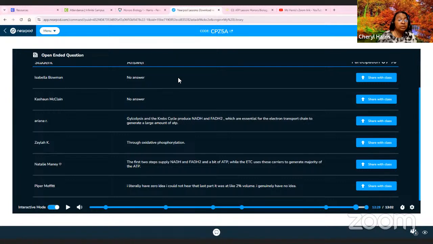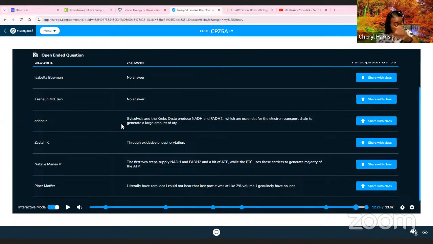But technically, folks, Isabella and Kashan, if you haven't typed anything yet, Ariana and Natalie have a similar answer, but that's what you need to say. Okay, so make a note of that. Pick one, either Ariana's answer or Natalie's answer, and write that down. Glycolysis, which is what she's saying, the first two steps, produce the NADH and the FADH2,